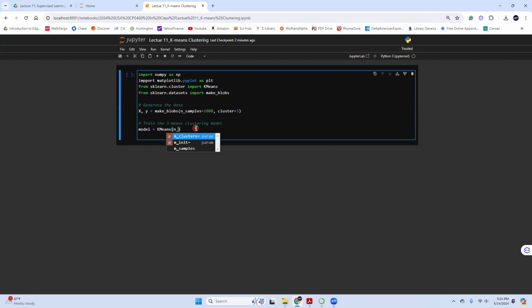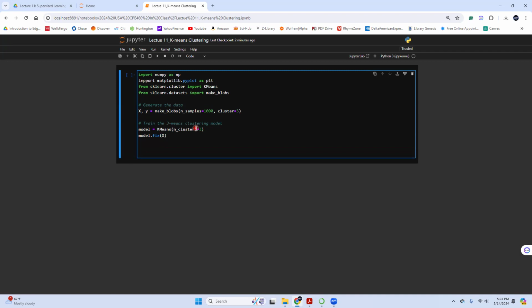Now I'm gonna fit the model, model.fit(X). Again, I don't need y. And then here I can use y_predict. Y predict means what I predicted. Technically it doesn't have any relationship with the y.